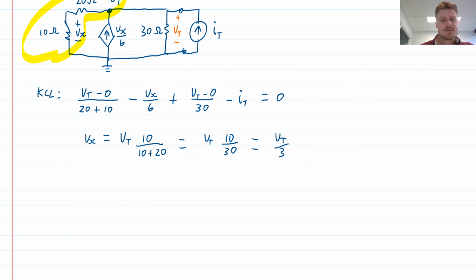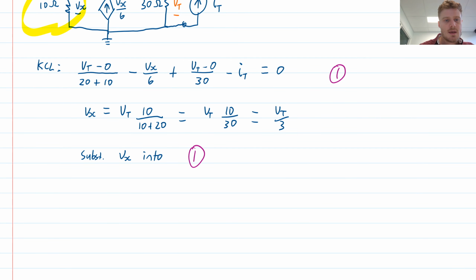So I can substitute that back into my first equation. So substitute Vx into, let's give it a name. Let's call this one here equation 1. So substituting Vx into equation 1, I will have